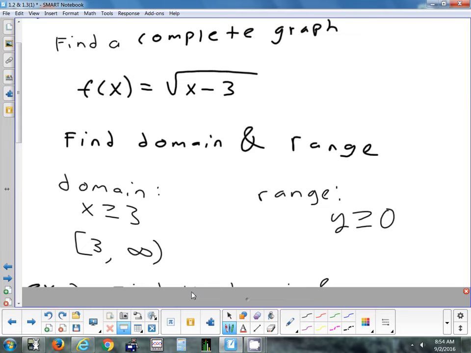So the domain here can be any number you want. You can plug in 1,000,000 if you want for x, 2,000,000, negative 10,000,000 divided by 3. It doesn't matter what you plug in for x. Okay? You would never get an error for anything you'd plug in. Okay, so the domain, I'm going to write it as negative infinity